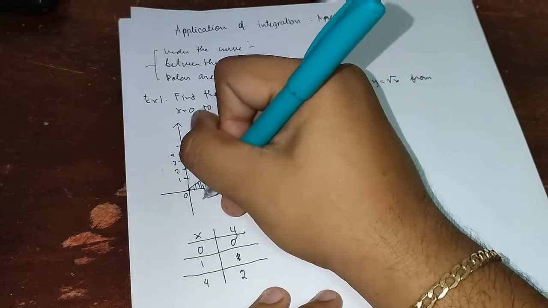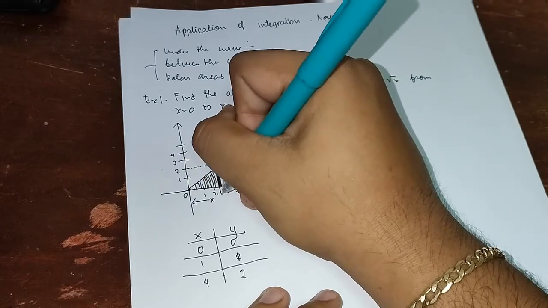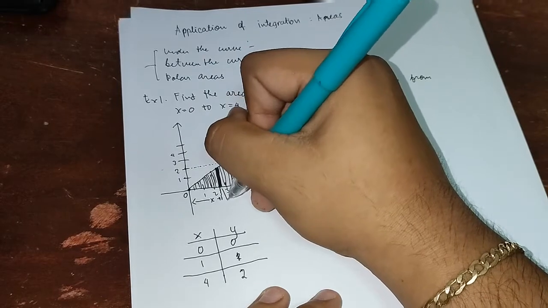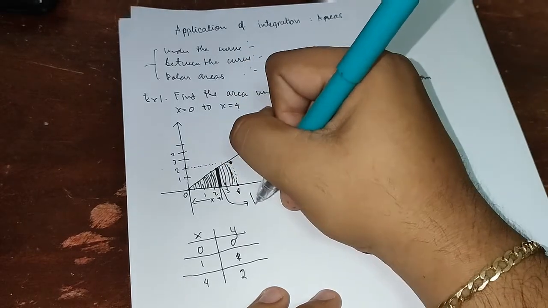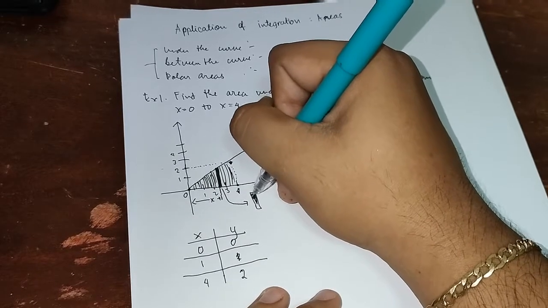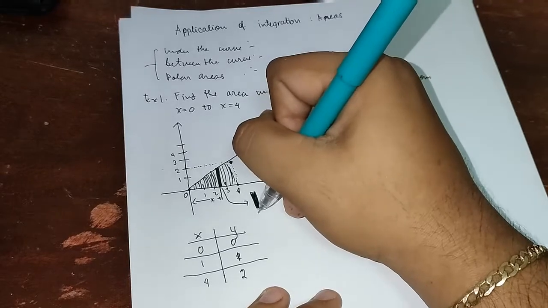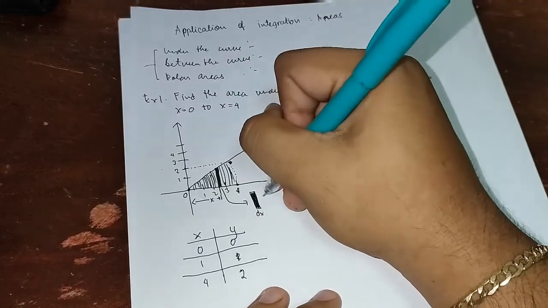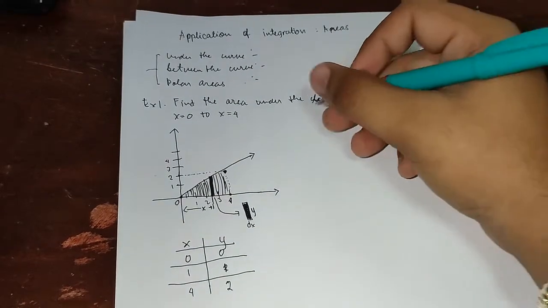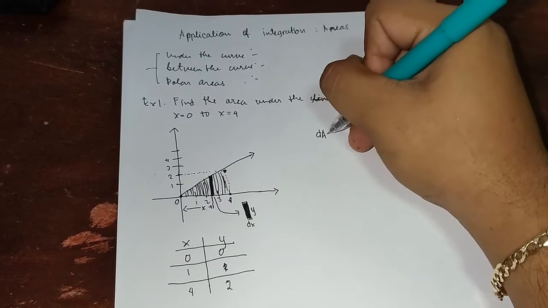And draw here the x. This is the x. And the vertical strip is called the dx. And here is the y. So now we're gonna solve it, the dA,